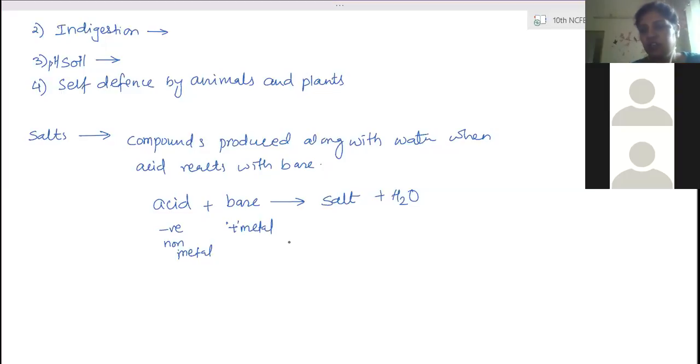Here, one more thing you have to write is in terms of H plus and OH minus ions. When a strong acid and a strong base react together, no H plus or OH minus ions are left in the salt solution, which makes the salt neutral. But when a strong base combines with a weak acid, an excess number of OH minus ions is left along with the aqueous salt solution. Therefore, that salt shows basic properties.